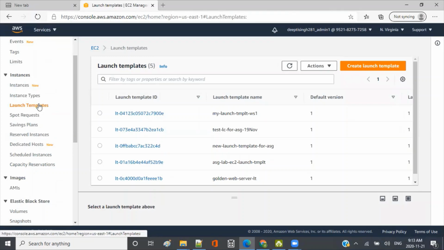Now, for the launch template, like I said, if you want, you can create a launch template directly from here, create a launch template and specify the parameters there, whatever configuration you want. Or you can create the launch template directly from the instance as well, right? Then it will get the configuration of that instance, but it will not get the hard drive where I had the index.html and all those things installed. So that's why I put one more step there, and I created an AMI first, and then from the AMI I will create the launch template. Okay, so launch template, and then I'll create launch template.